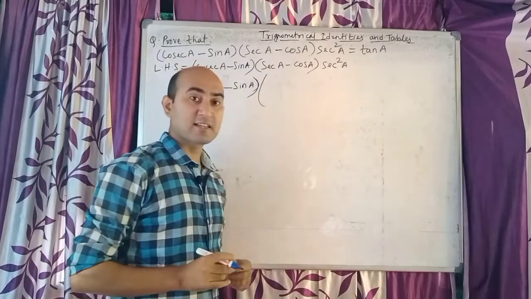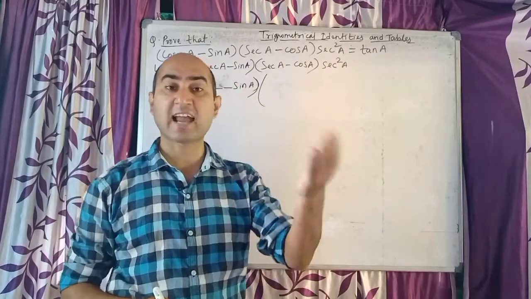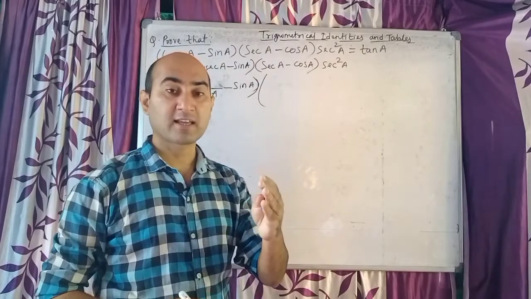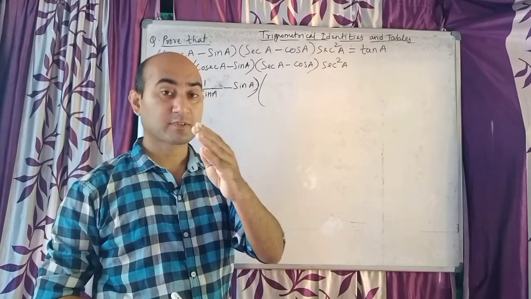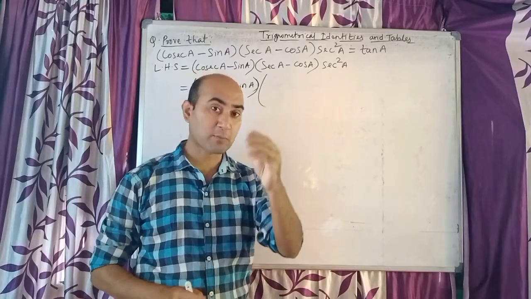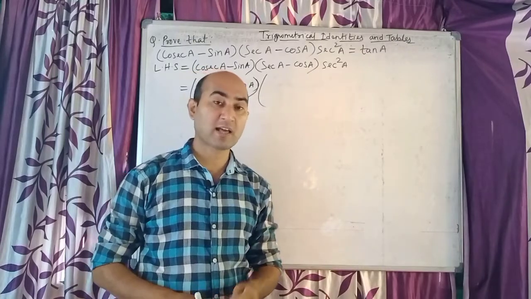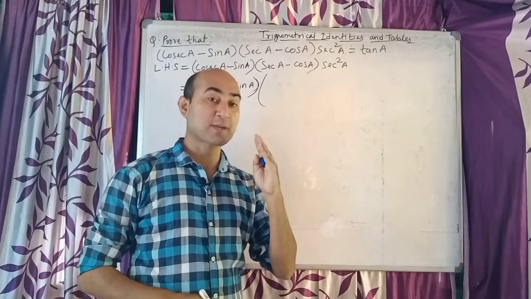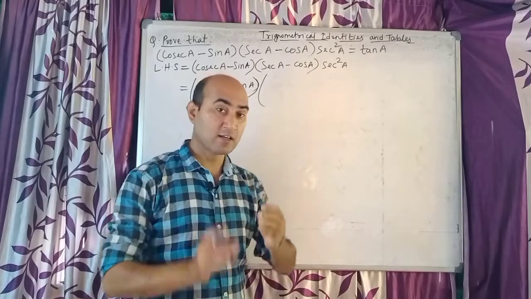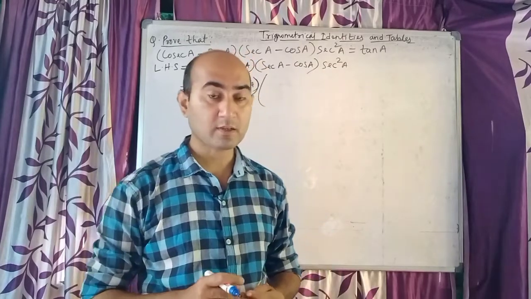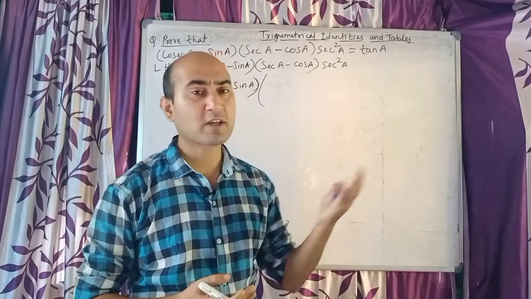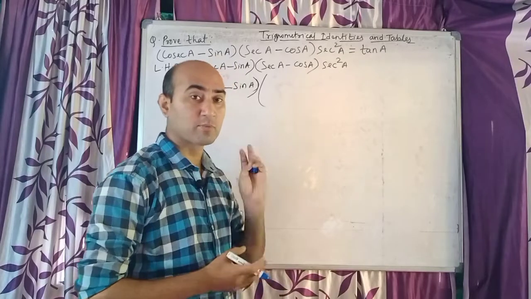Sec A, is there any conversion of sec A either in sine or cos? Yes, you have a formula, cos A equal to 1 by sec A and sec A equal to 1 by cos A. Children, one more clarification. I wrote the formulas in theta, but today I am speaking the same formula in A, because A is an acute angle, theta is an acute angle, so the acute angle can change. Sometimes it may be written as theta, sometimes as A. So today it is written in A, no issue, but the formula is same.